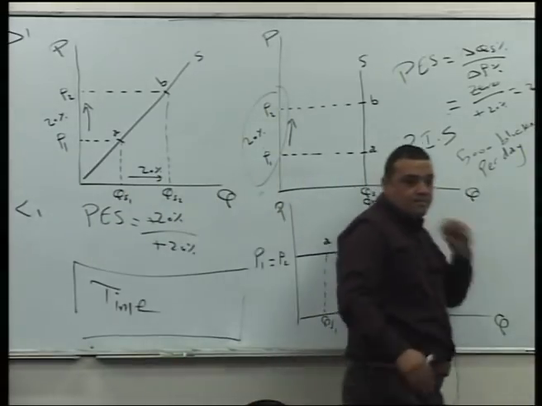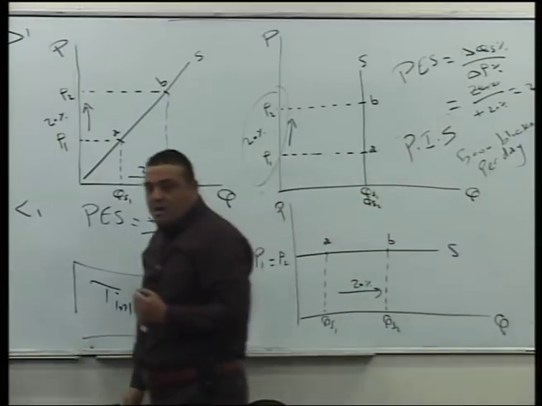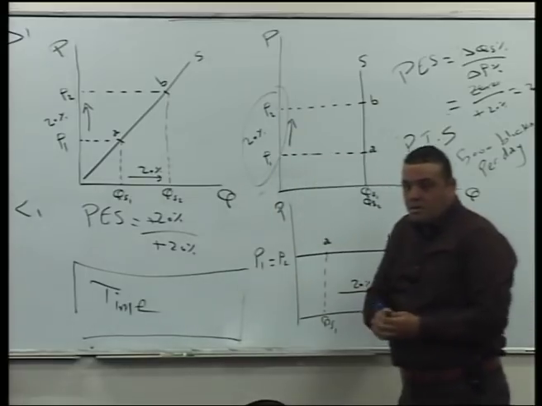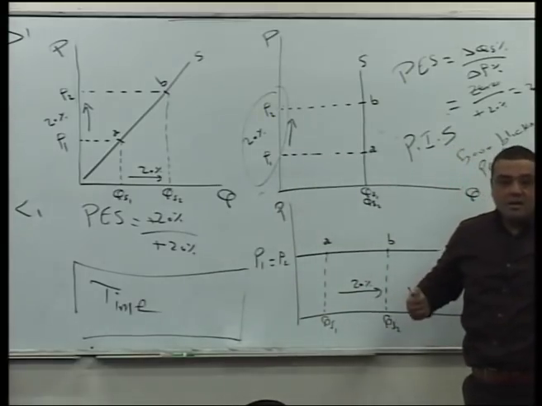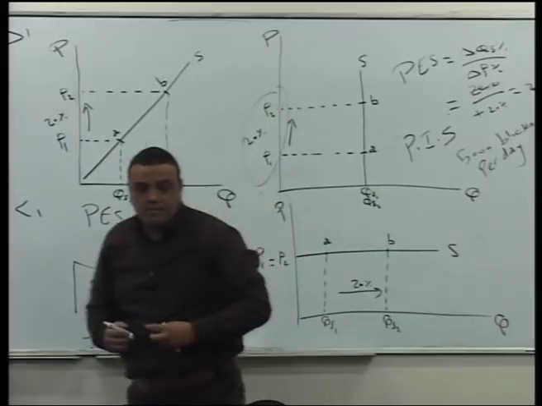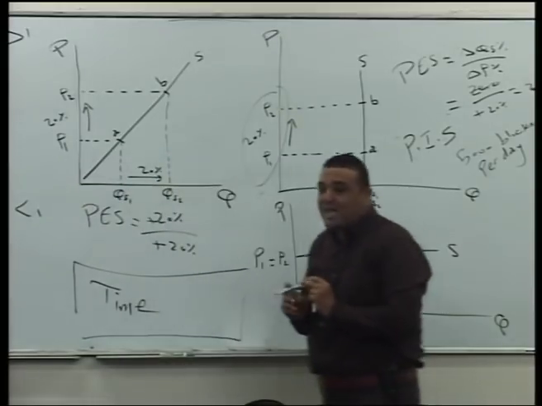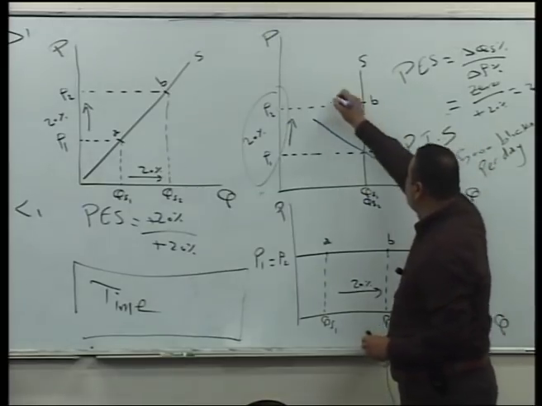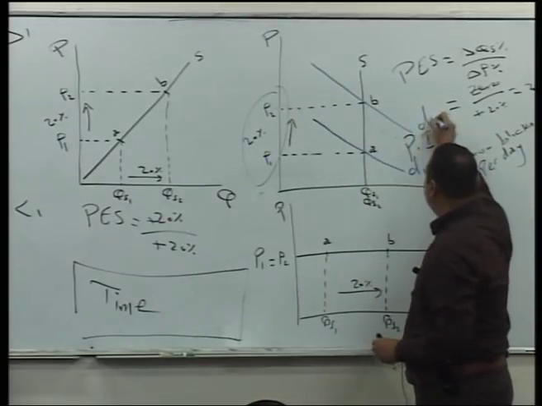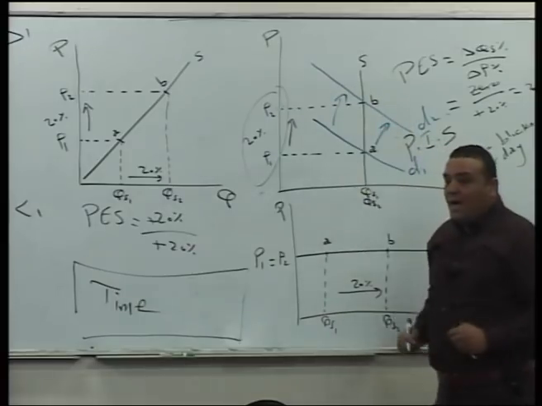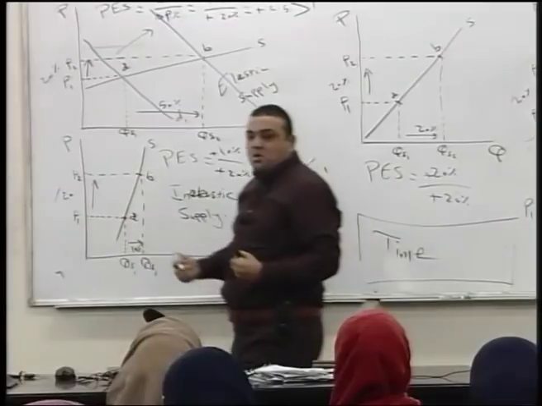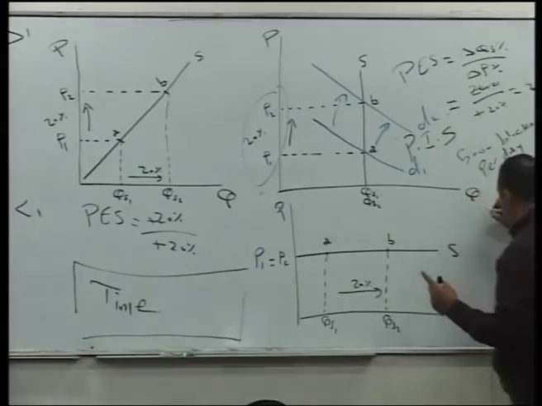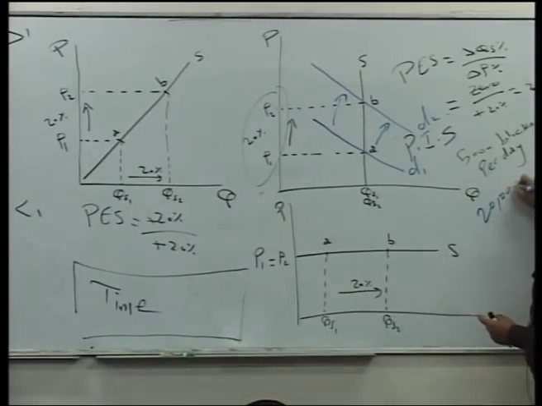And someone asked the producer to increase the output, which means that demand, this is the first demand curve, D1, goes up to D2. And he asked him to produce 8 or 20,000 units